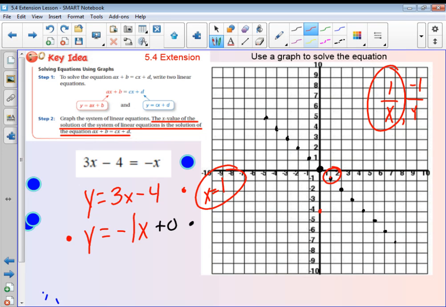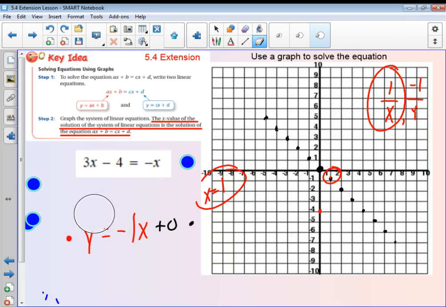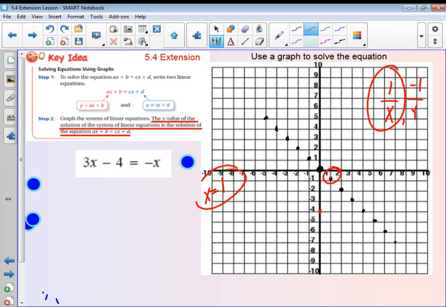Okay, if we wanted to solve it algebraically, we could do that also. And this is where you get to choose. I know the book tells you to do it graphing it. If you would rather do it algebraically, that's perfectly fine. So I have 3x minus 4 equals a negative 1x. Now I usually like to get rid of my negatives, but because my x is isolated there, I'm going to